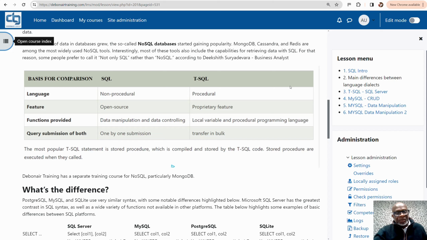In SQL, the function is about data manipulation and controlling the data, while with TSQL it's local variables and a procedural programming language. Query in SQL is one-by-one submission. In TSQL, it is transferring in bulk. The most popular TSQL statement is the stored procedure, which is compiled and stored TSQL code